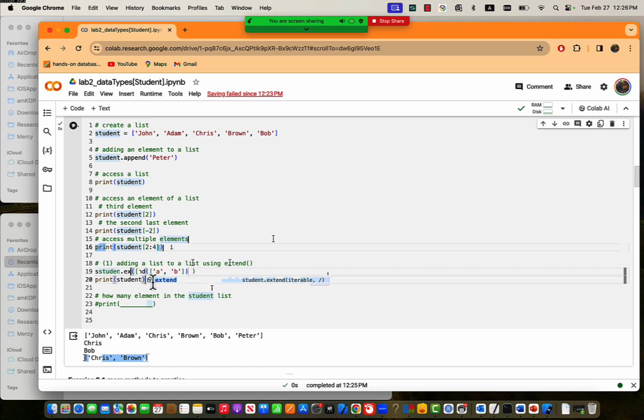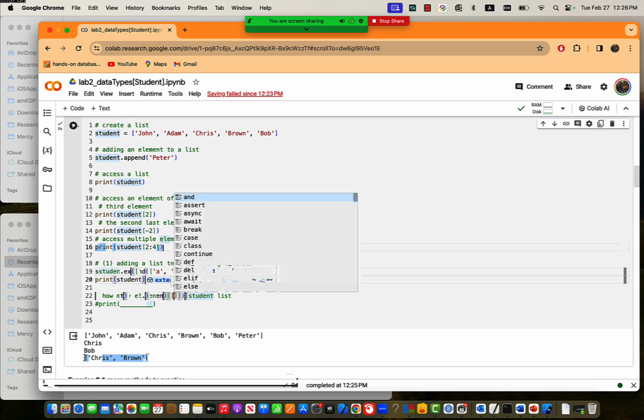Okay? But in other words, if I want to say print student append, and I say C, D, if I want to append that,